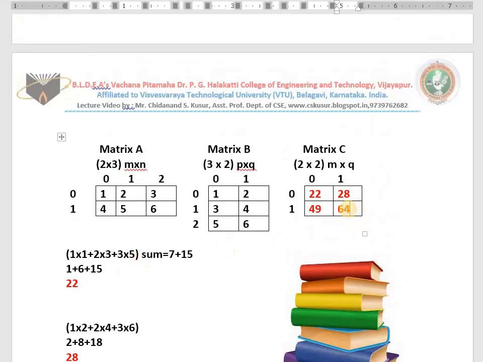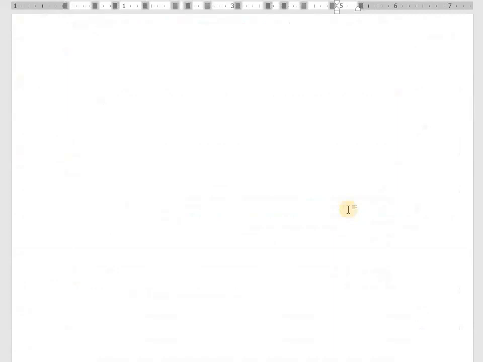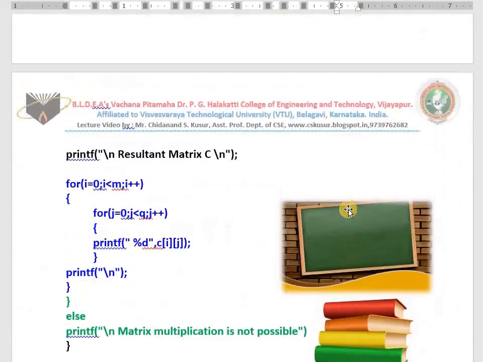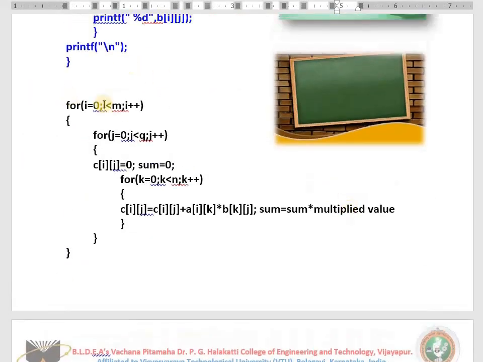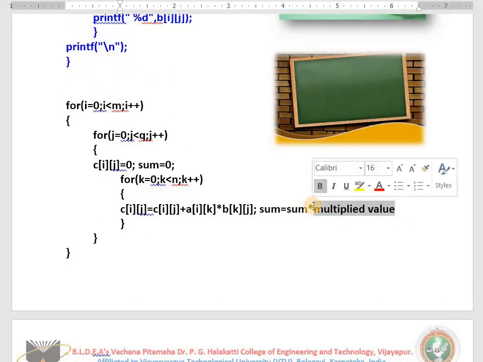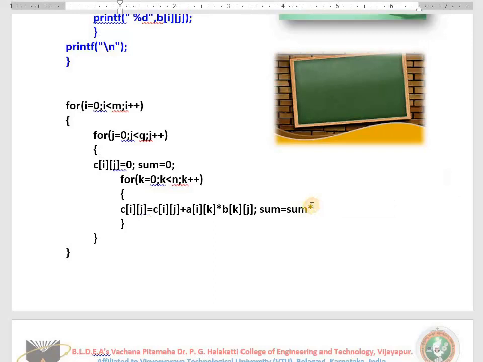That's why you have to remember this code, because of which matrix multiplication takes place. I less than m, j less than q. Sum is 0, meaning C of ij is 0. C of ij equals C of ij plus A of ik into B of kj. How to remember it? It is very easy. Everybody can remember sum equals sum plus. In place of sum we write C of ij equals C of ij plus A of ik into B of kj.